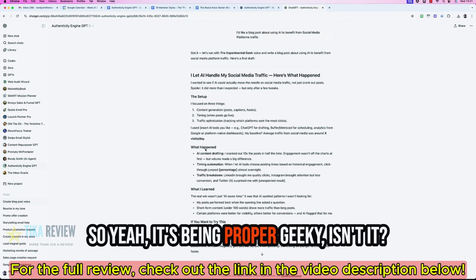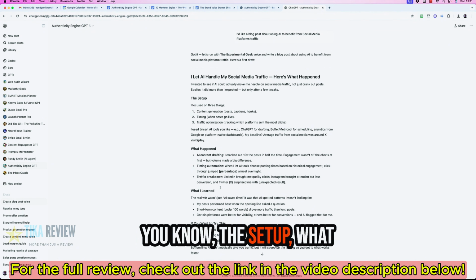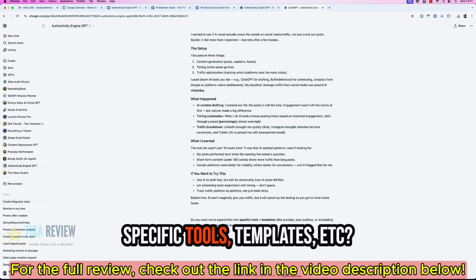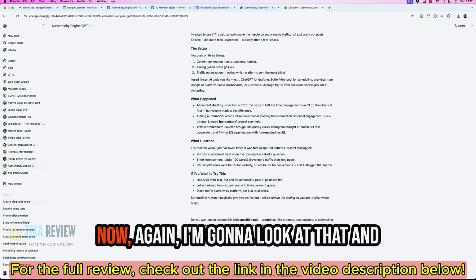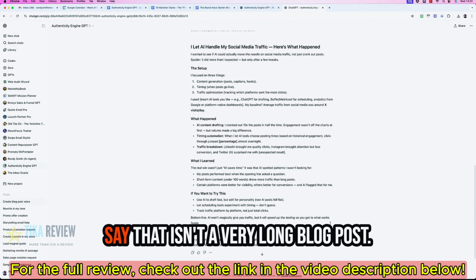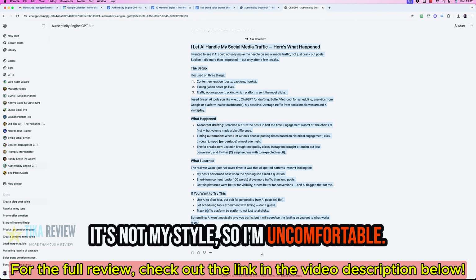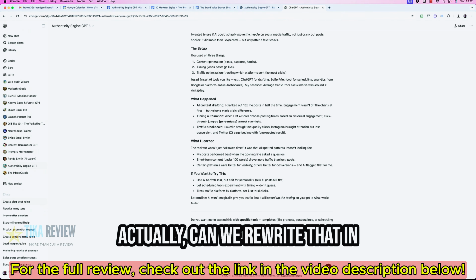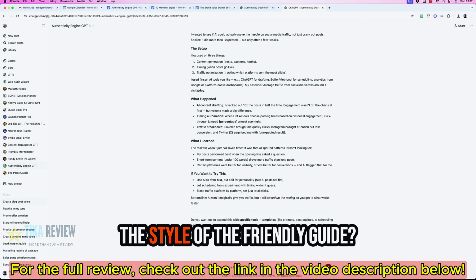Right, I see. So, yeah, it is being proper geeky, isn't it? You know, the setup, what happened, what I learned. Do you want to expand this with specific tools, templates, etc.? Now, again, I'm going to look at that and say, that isn't a very long blog post. It's not my style, so I'm uncomfortable. It's not me. So what I'm going to do is go, actually, can we rewrite that in the style of the